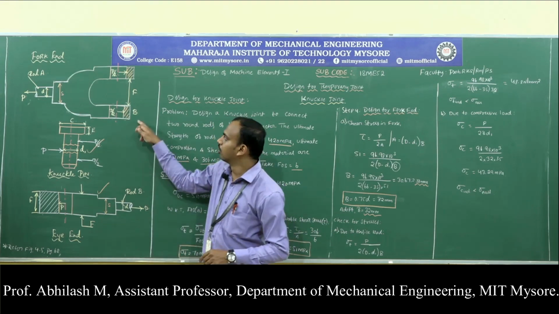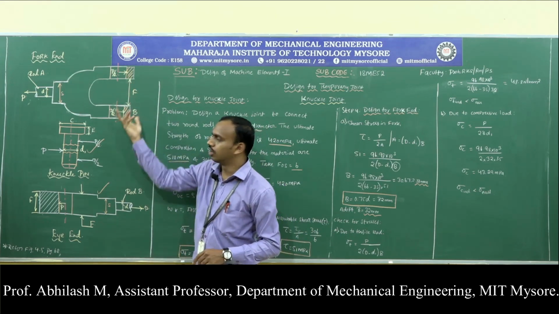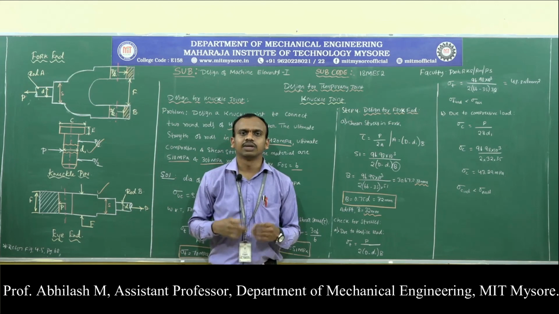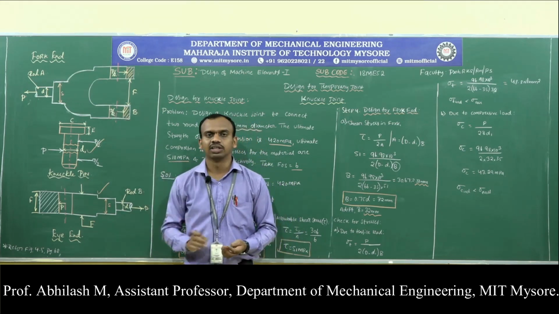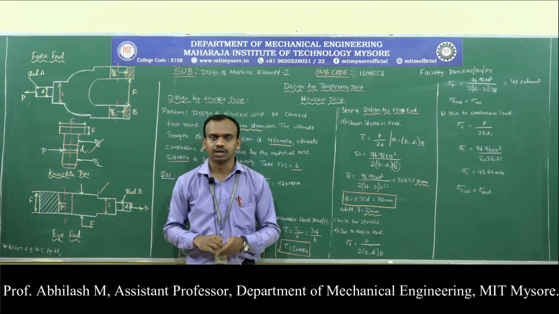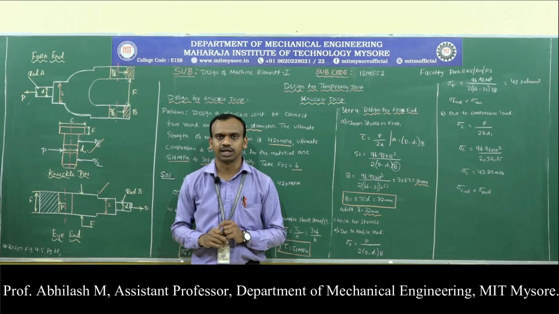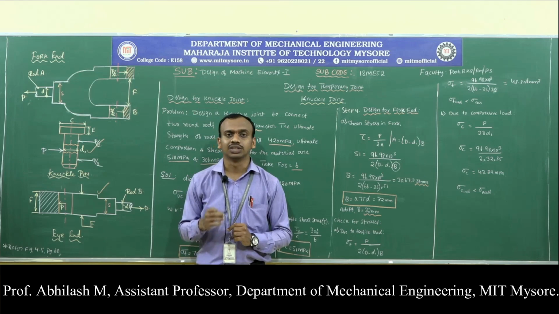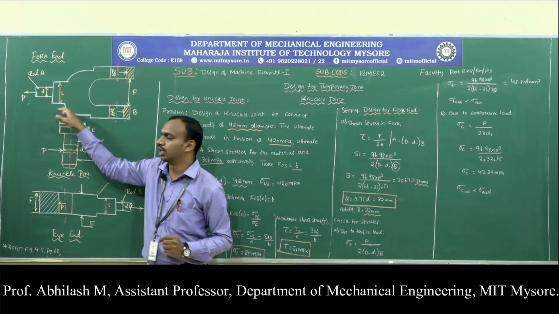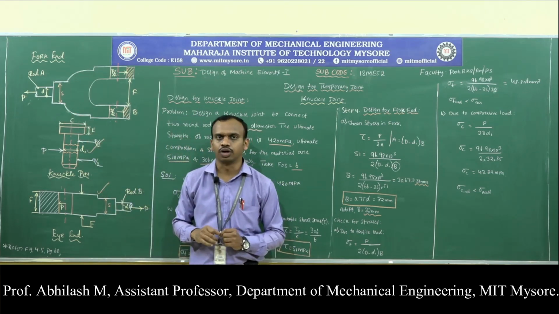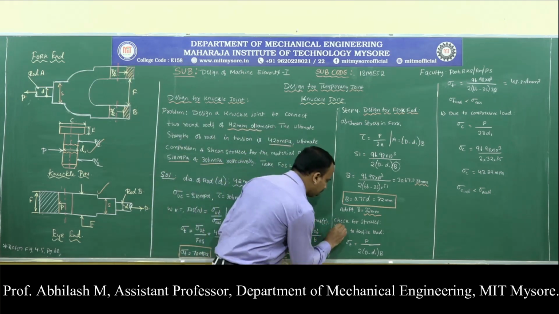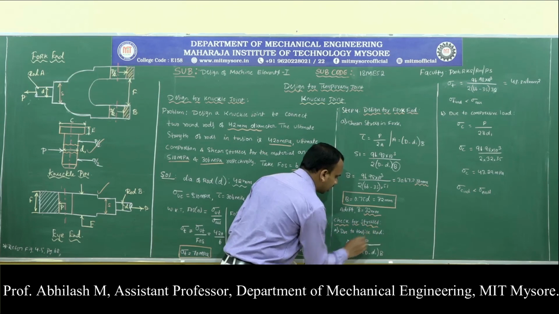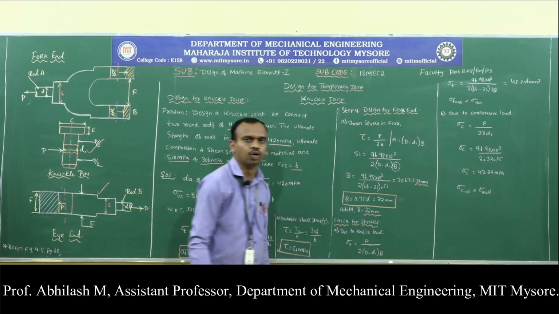Now the only unknown here was the thickness, which we have determined. We have just identified the dimensions. We are supposed to check for the stresses. What is the first thing that we are supposed to check? Whether it is able to sustain the tensile load that is applied onto the fork end. So for that, check for the stresses. First I have considered the tensile load.